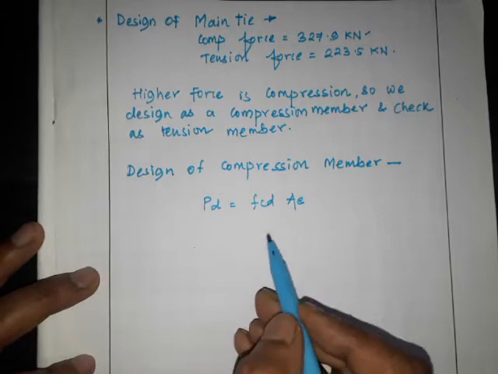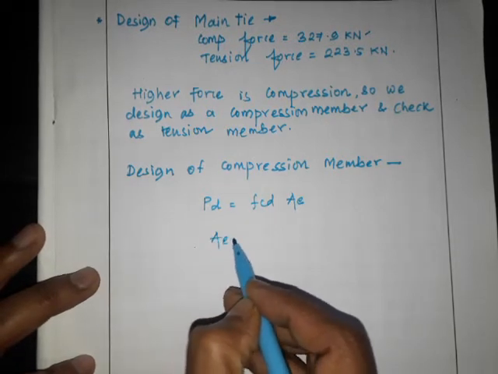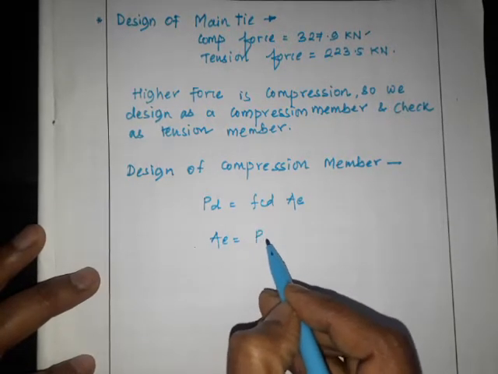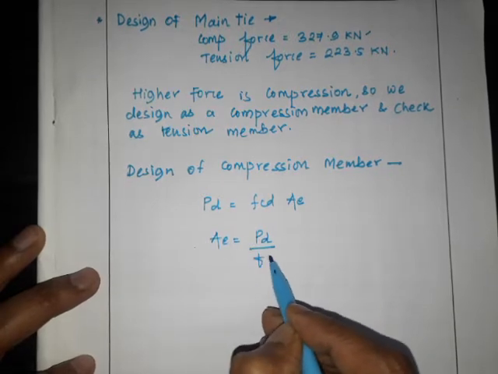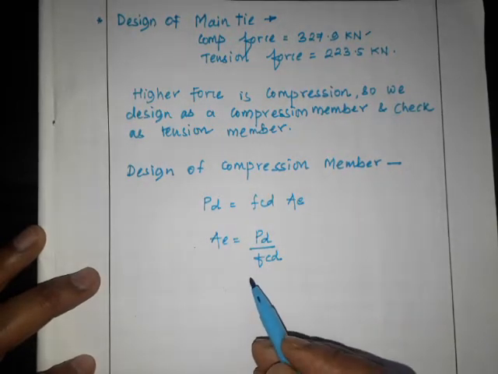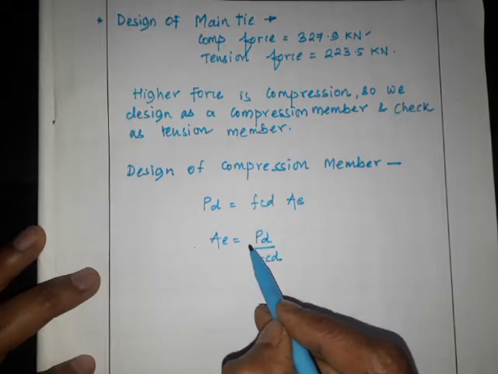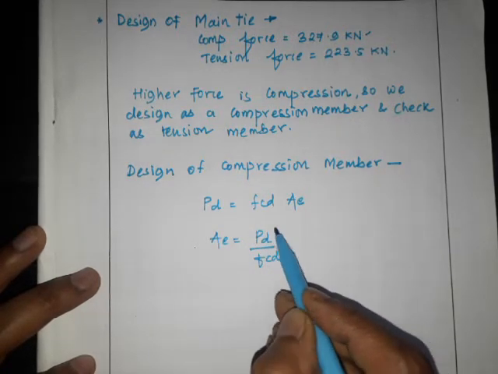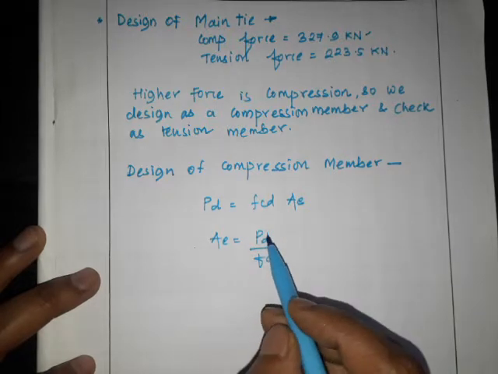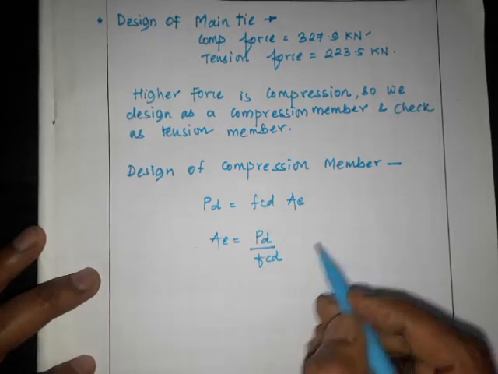So how can we find out AE? The area AE is again PD by FCD. The PD is nothing but the force acting in the compression member. So FCD,